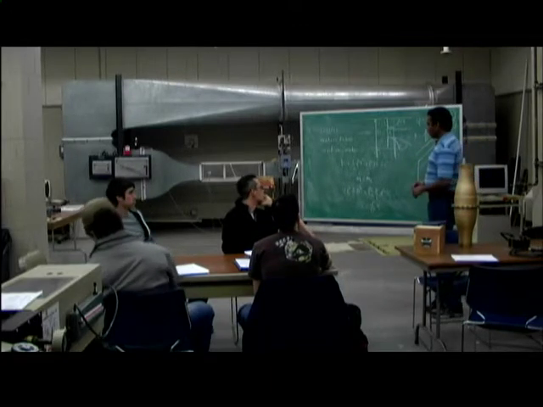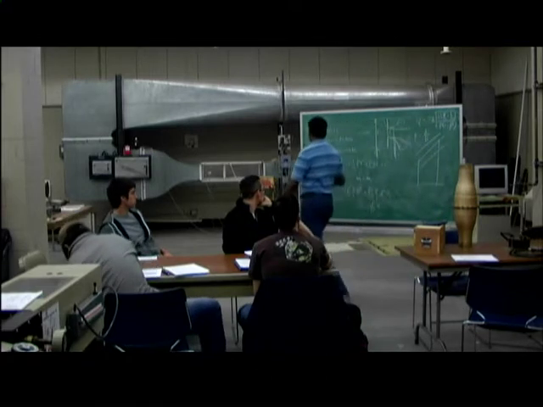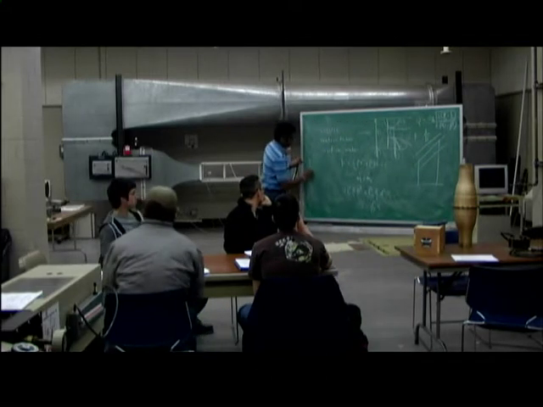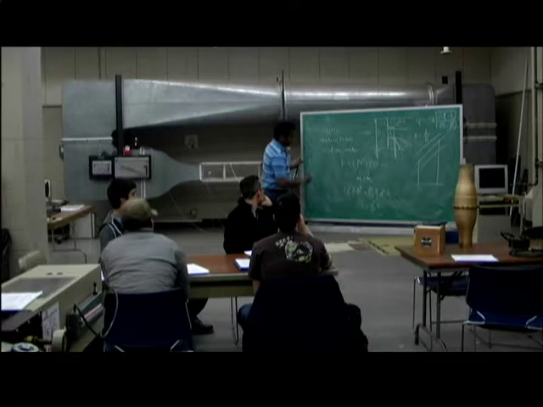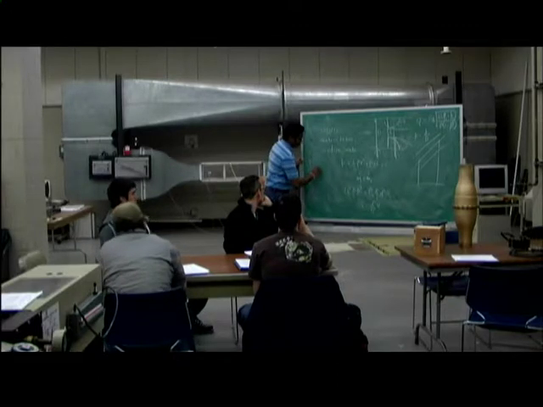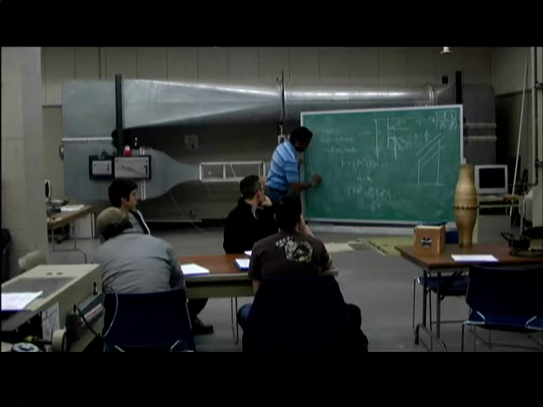Right? For a laminar flow, flow rate can be expressed as Q equals some geometrical constant C, divided by mu times delta